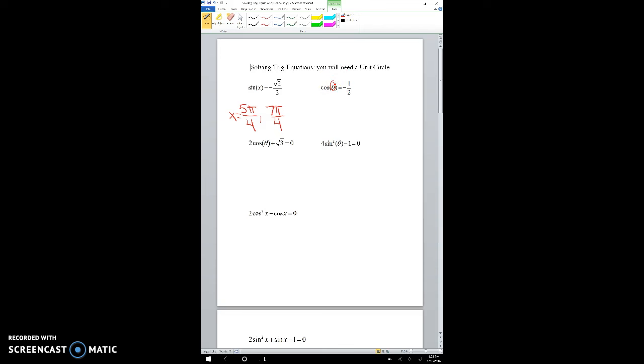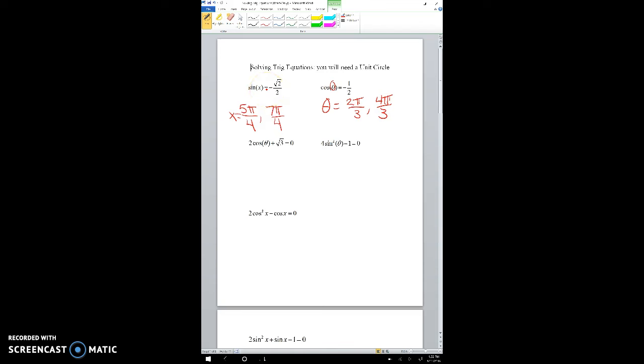It's just a variable. It means the same thing as x. So cosine theta equals negative 1/2. Cosine is the x coordinate, so you're going to go around the unit circle and look for places where the x coordinate is negative 1/2. That happens at 2 pi over 3 and 4 pi over 3. Done. So all of the other types of equations we're going to be looking at, the last step will be